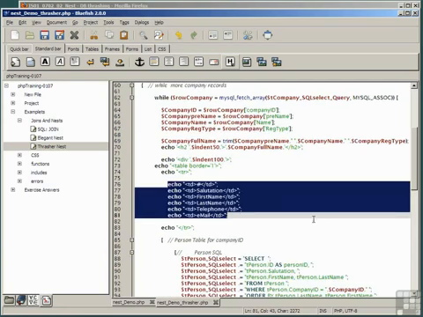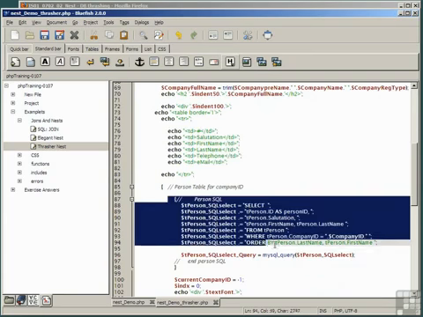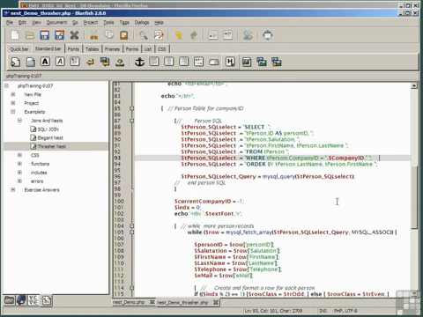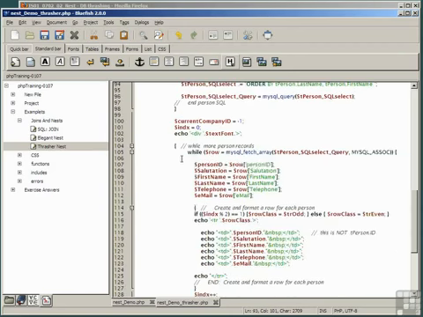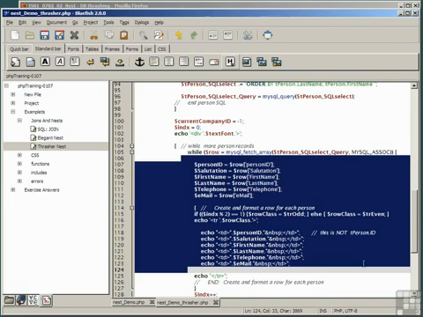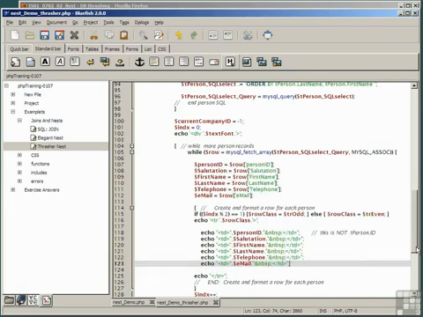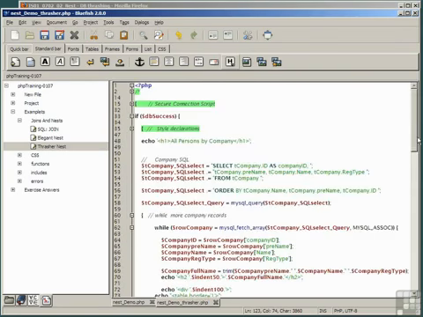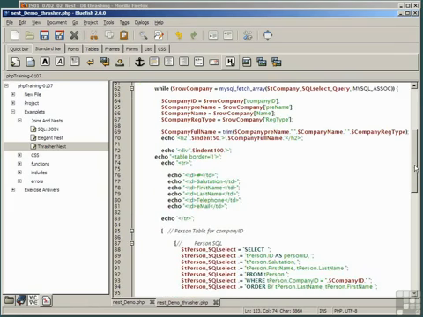There's the table headings. And for each company, we run an SQL statement for the persons where the company ID equals the company ID that we got from the company SQL. And then we run that and lay out all of the fields for each person that is associated with the company. So you can see we're doing multiple hits on the database. You should go through the code of this example to understand how the structure is laid out and why it's